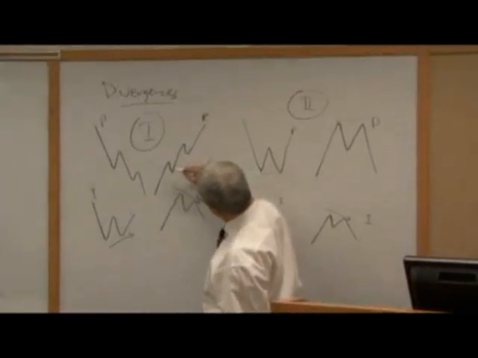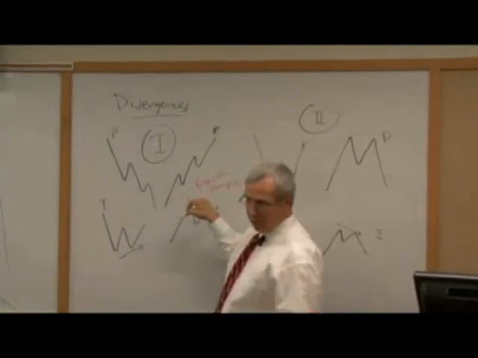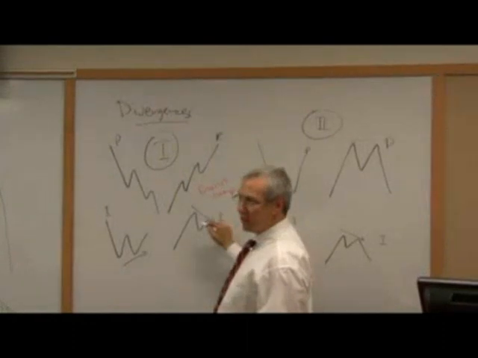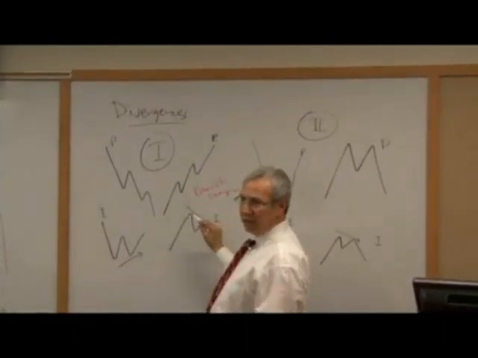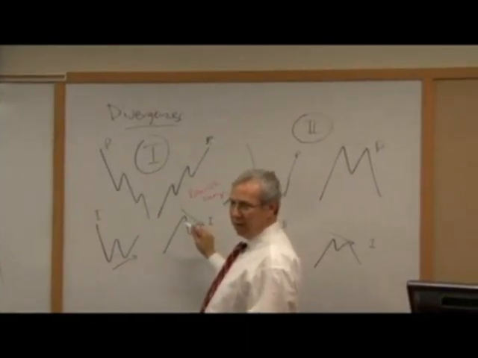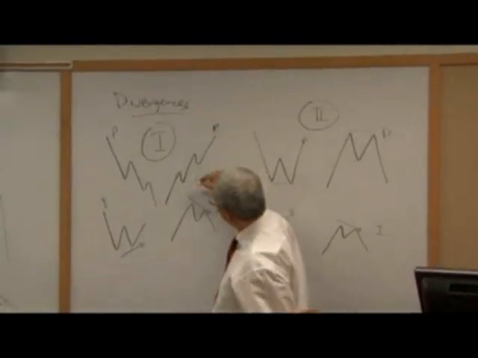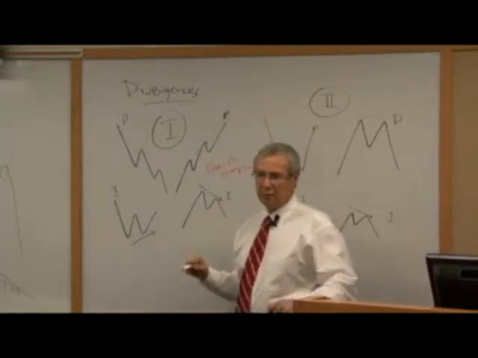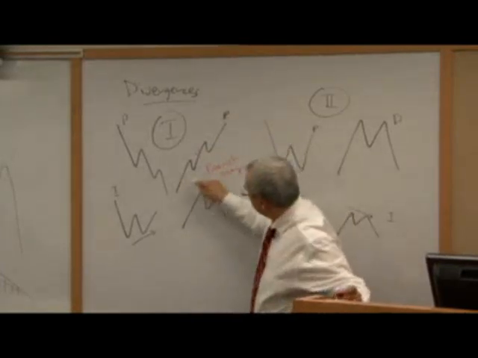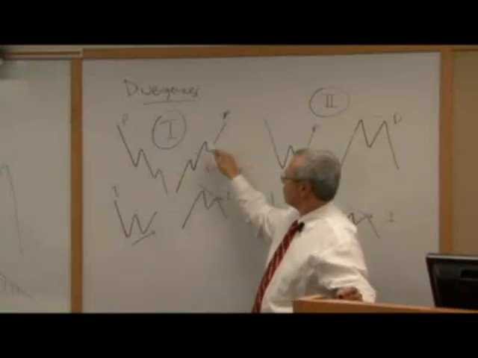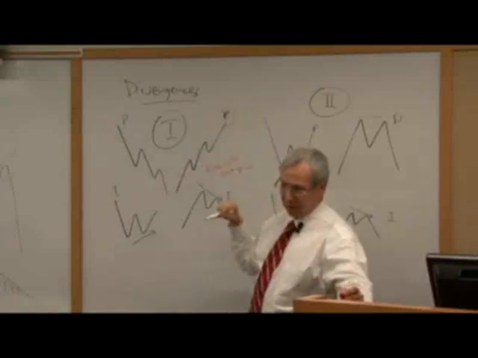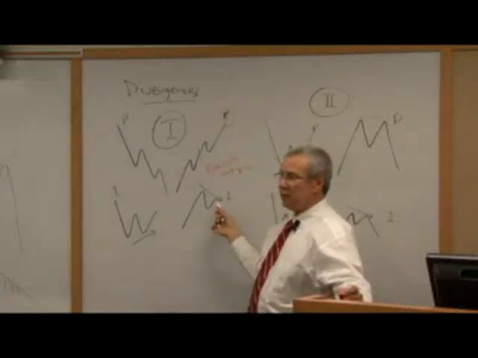The indicator says, even though we made a higher high, it struggled. It took longer. The ranges were smaller, whatever was going on. We had a lower high in the indicator. Qualitatively, there was something different between this rally and this rally. It's still in an uptrend, still making higher lows, higher highs. It hasn't done anything wrong. This is what we buy and sell, price. But this is the pay-closer-attention indicator.